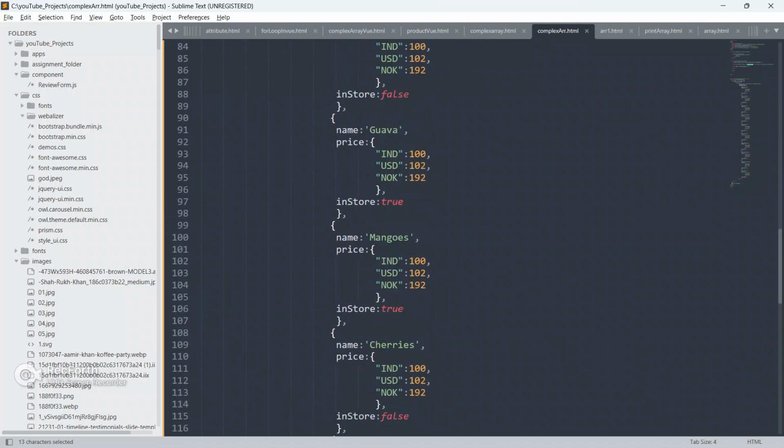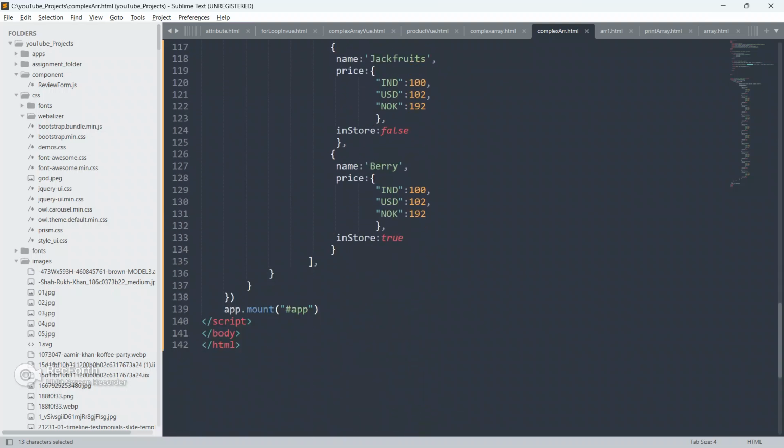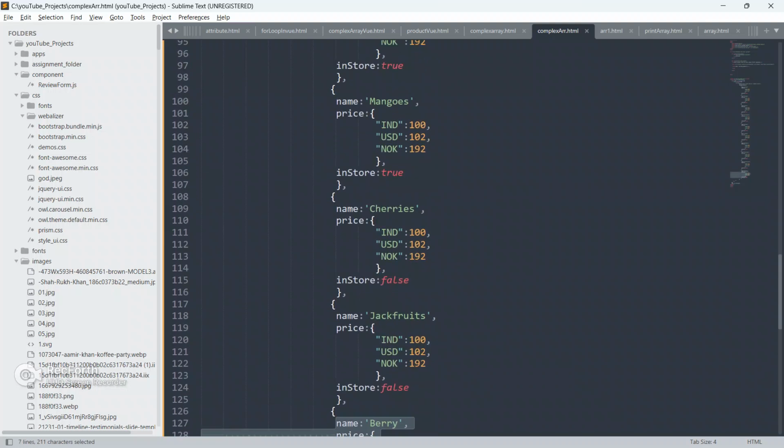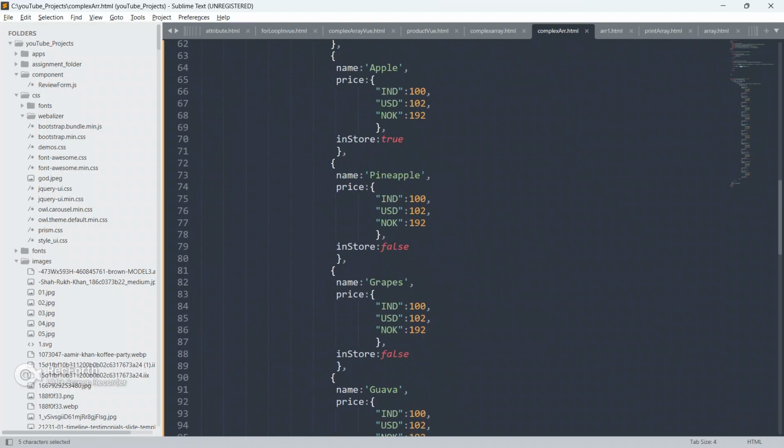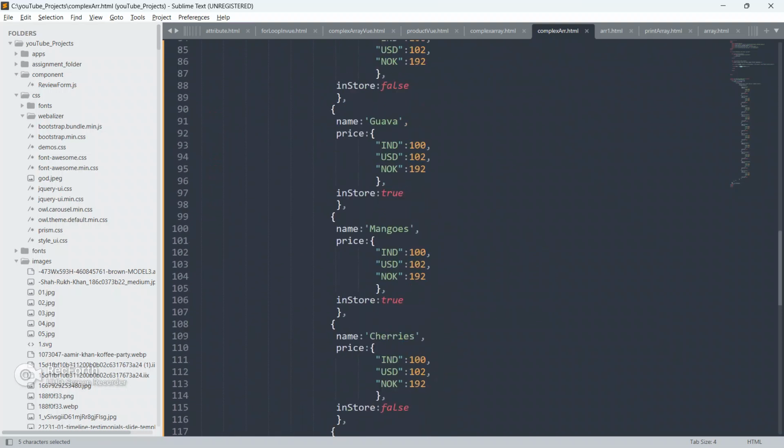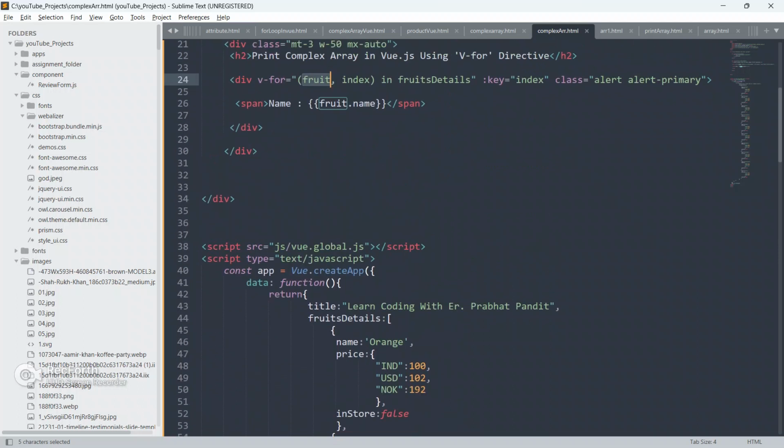It will loop through all the elements of this fruitDetails one by one, till the last element of the array, store each element in this fruit, and print one by one till the last element of the array.